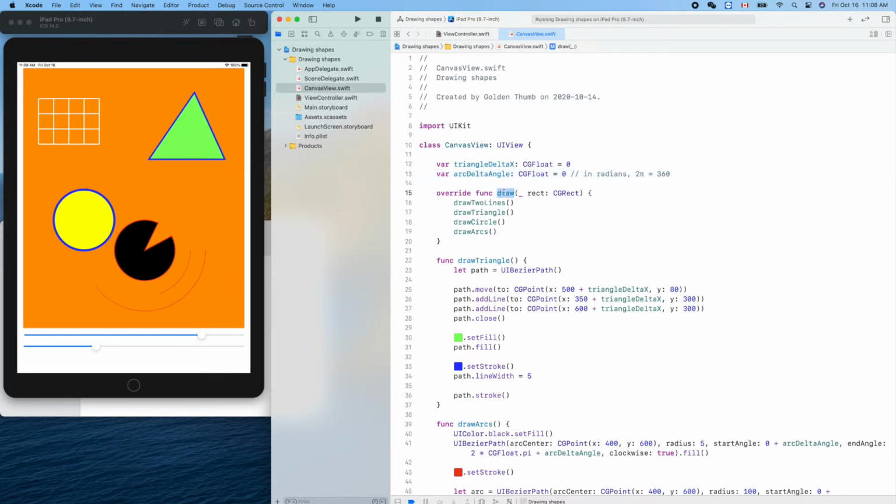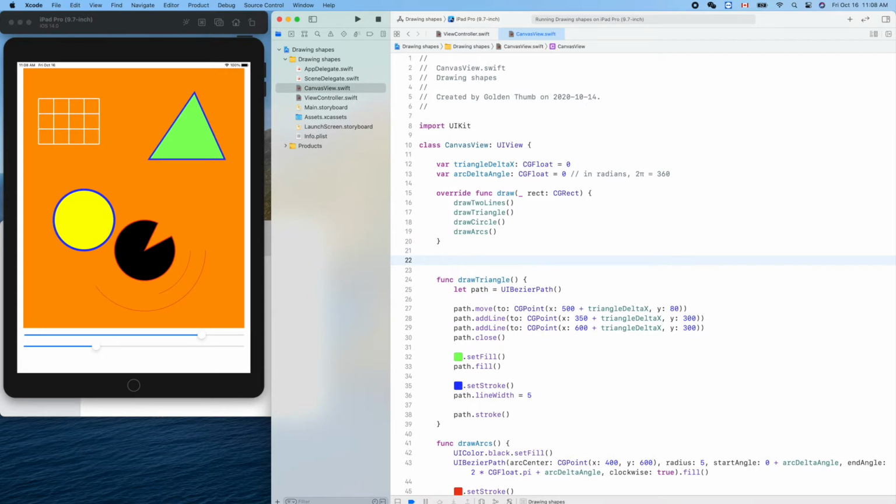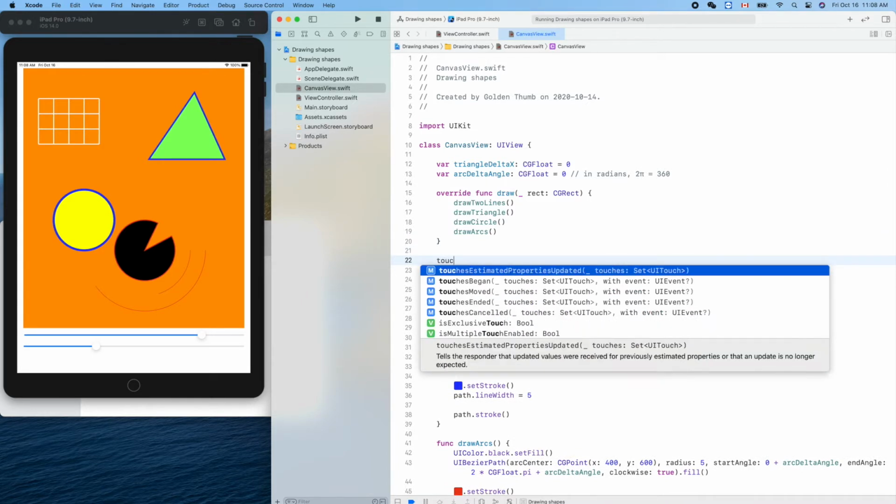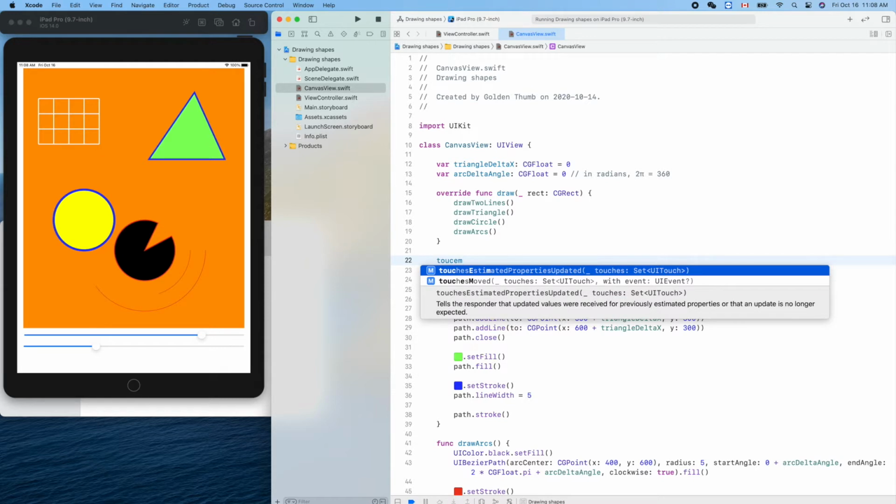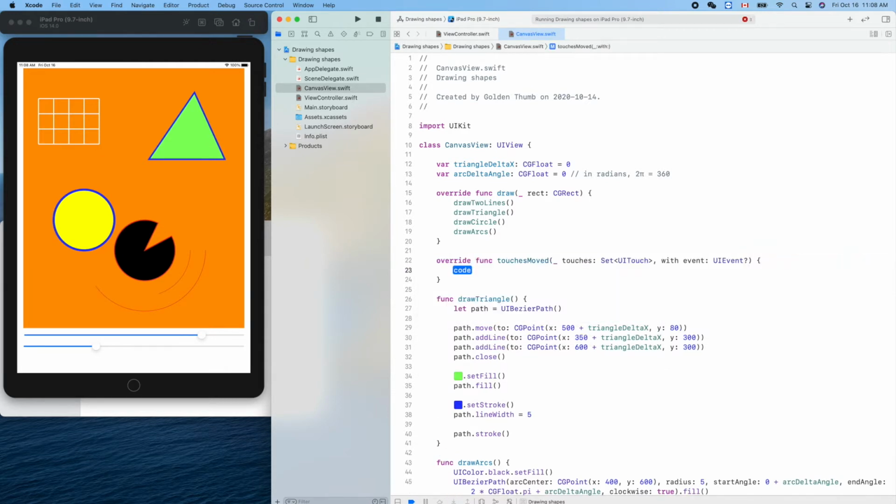Okay, so this is the system provided function. Today we'll use another system provided function called touchesMoved. So how to do that? Let's type touchesMoved like that. The second one, you see, enter. Override means we'll override the system provided function touchesMoved. So every time our finger touches this view, canvas view, this function will be triggered,